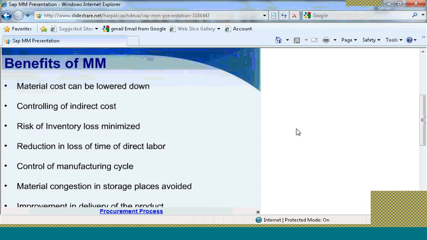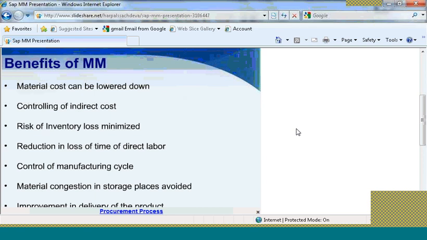If you implement SAP MM, the materials management module, you do not have to face those indirect costs involved in your business from the raw material to the end product reaching the customer. The risk of inventory loss is minimized.